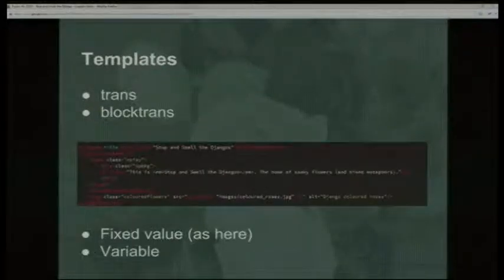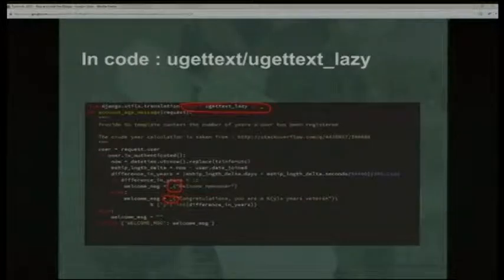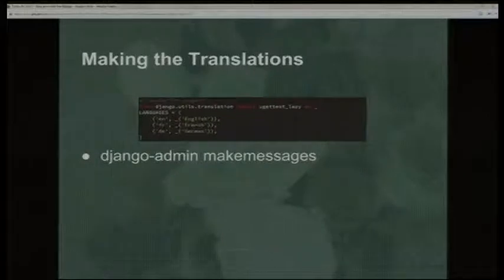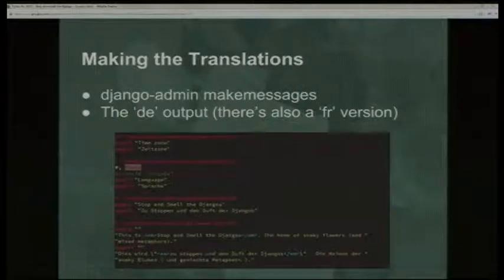So within templates, you've got some special tags. So this one here is trans. There's another one called block trans, and that's essentially identifying a string that's going to be translatable. Within processing, where you have a string that you want to have translated, you wrap it in a function call to ugettext or ugettext_lazy. They're here, aliased as underbar, and once again, that will allow the translation system to pick those up as candidates for translation. You define what languages you want to have translated, and you do a django-admin makemessages,